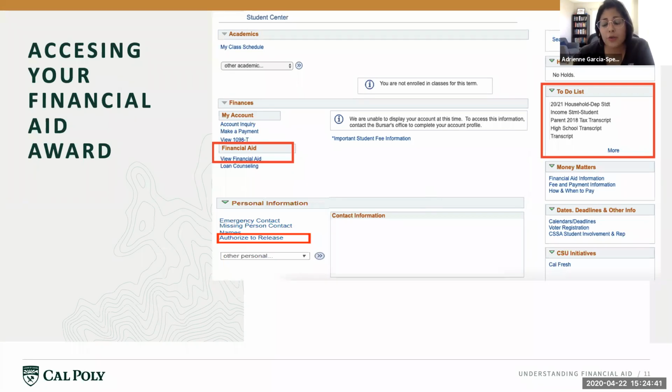So a week before the quarter starts, your financial aid is disbursed, meaning we release it and it goes to pay whatever balances are on your student account. If you are receiving financial aid in excess of those charges, then it gets refunded to you, or maybe you still have a balance left over, in which case you would then make a payment. So you can find out a lot about disbursements by visiting Student Accounts on Cal Poly web, which I'm sure we'll get linked in the Q&A shortly.